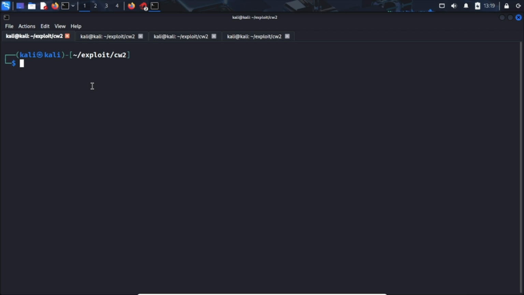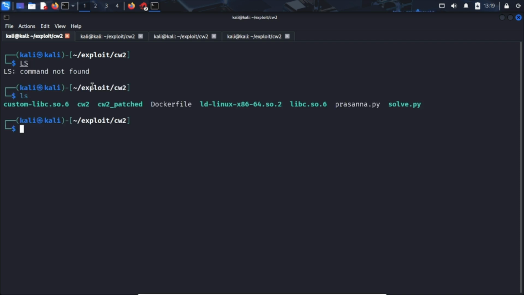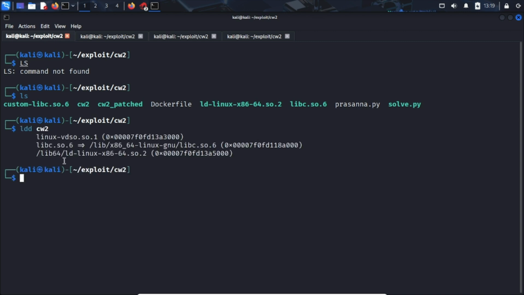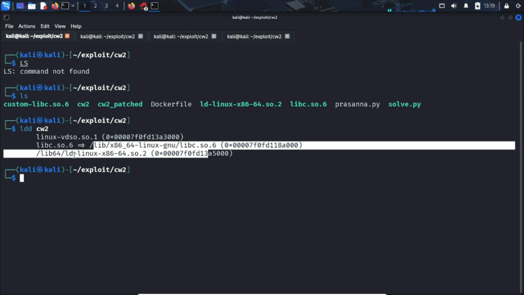This is the video demonstration of exploit development Coursework 2. So first we'll see the file. Okay, we have here the Coursework 2 file. So we will run ldd and see what the file is about. Here we can see the ldd command displays which vDSO file image it's using, the libc version and